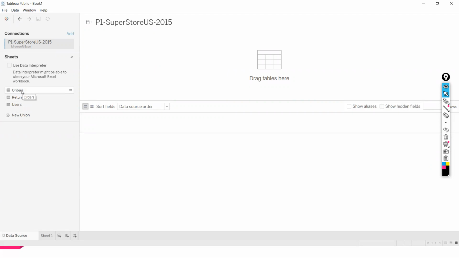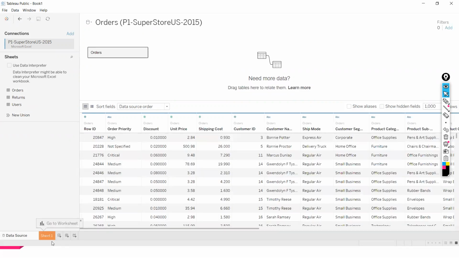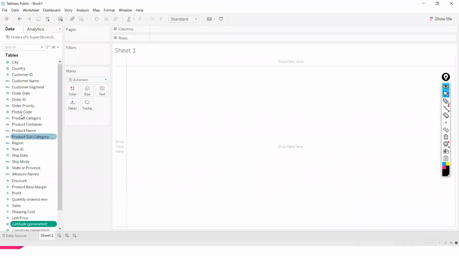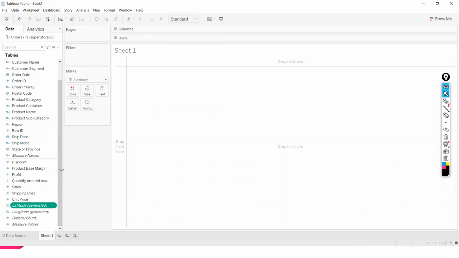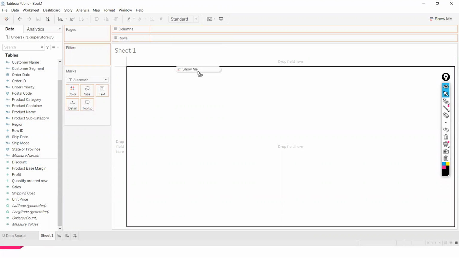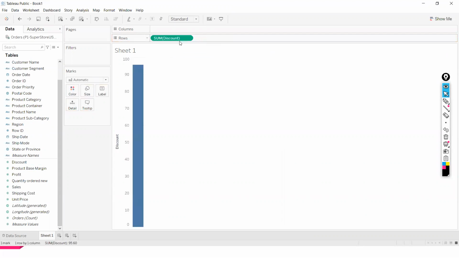Now in this, I'd be using the orders only. Now I can go to the worksheet where I want to start working. Now these are my dimensions and measures. These are my pills where I use the columns and rows. I would select the dimension or measure that I'm going to use in these columns and rows. So first I would be taking a measure. So what is the measure that I'm taking? I'll be taking discount and I'll be putting it in the rows. Then I would be taking the customer segment that will be in my dimensions,